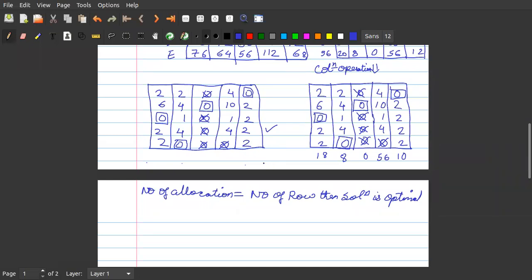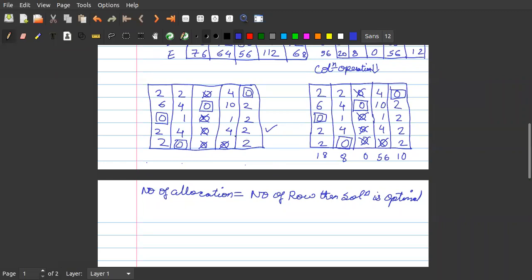Is it understood, students? Yes, sir. Which row you are going to select? You are going to select a row in which there is no allocation. Say if there are 2 rows, then we'll make 2 ticks. But since here there is only one row which is having no allocation, we'll mark a tick.